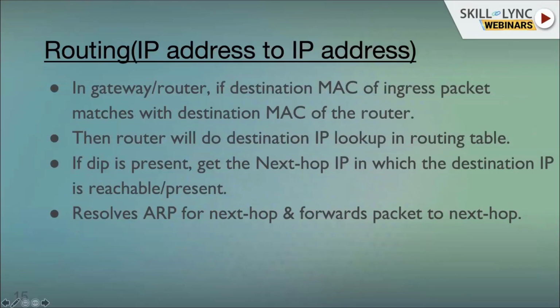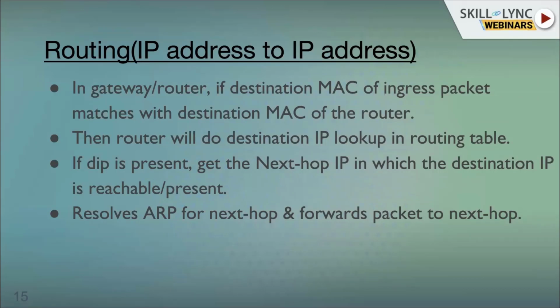So routing here, why do we say IP address to IP address? The packet may traverse multiple networks to reach the final network. So all this network to network, we need to deal with the IP address because this is on the network layer. First we need to find out the next hop. That means the next immediate router I can send to. Let's say the packet may go to network 1, network 2, network 3, and then network 4, where the final IP, that Google server, is in network 4.